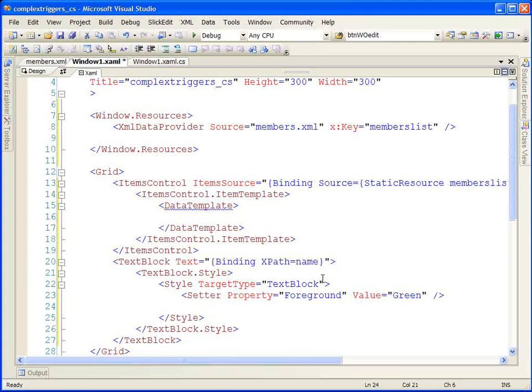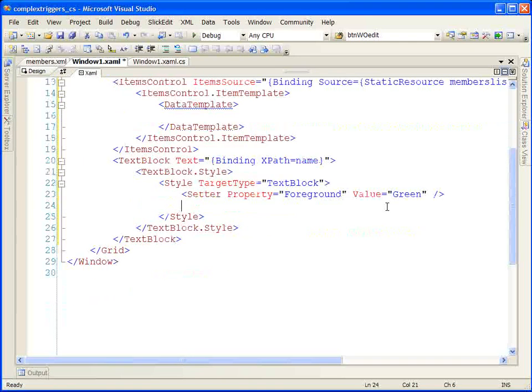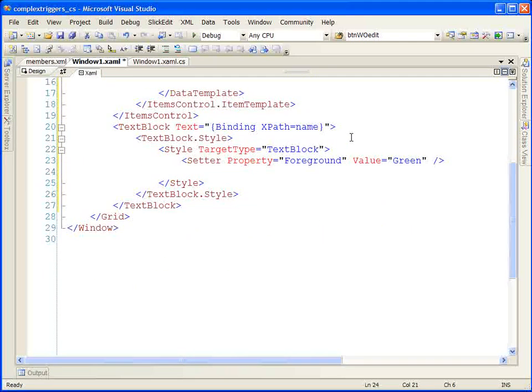Now, we're also going to have some triggers, but we want more than just the standard trigger. We want some more complex logic built in. So the first thing we want to do is trigger off of our data, and we're going to create a